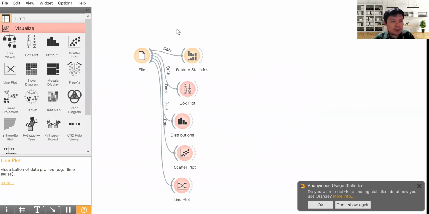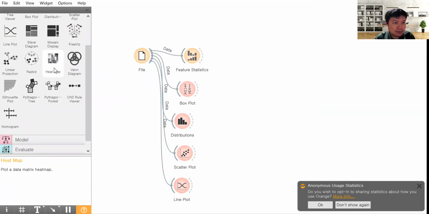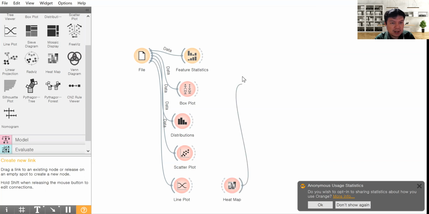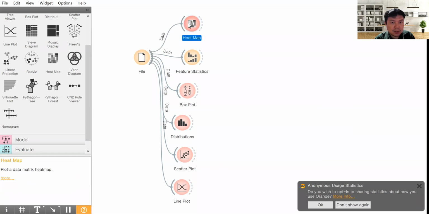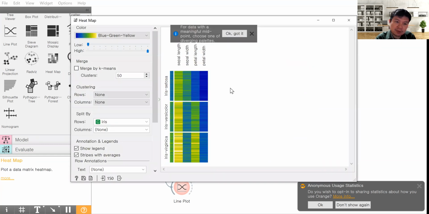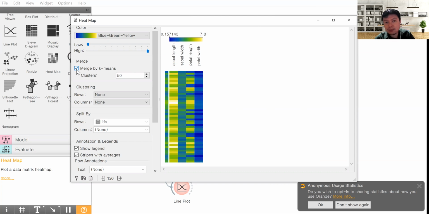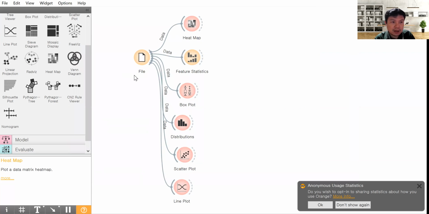Of course there are many other kinds of plots. If you want to refer to this heat map, I think this heat map is also not working well now, because this heat map is actually good for some other data like this one. It's pretty hard to understand the relationship between those data in this heat map. Later, after you know some other visualization tools and understand how this heat map works, you may have some insight into how to analyze your data.